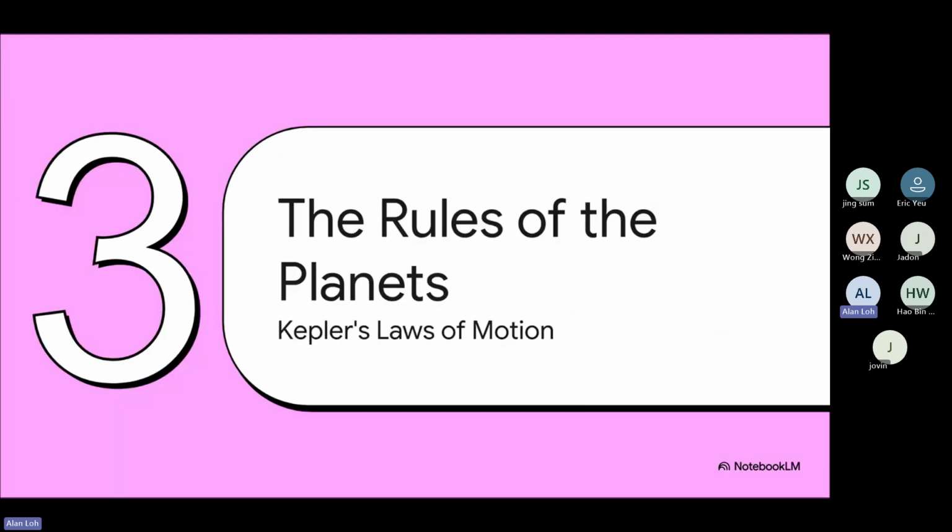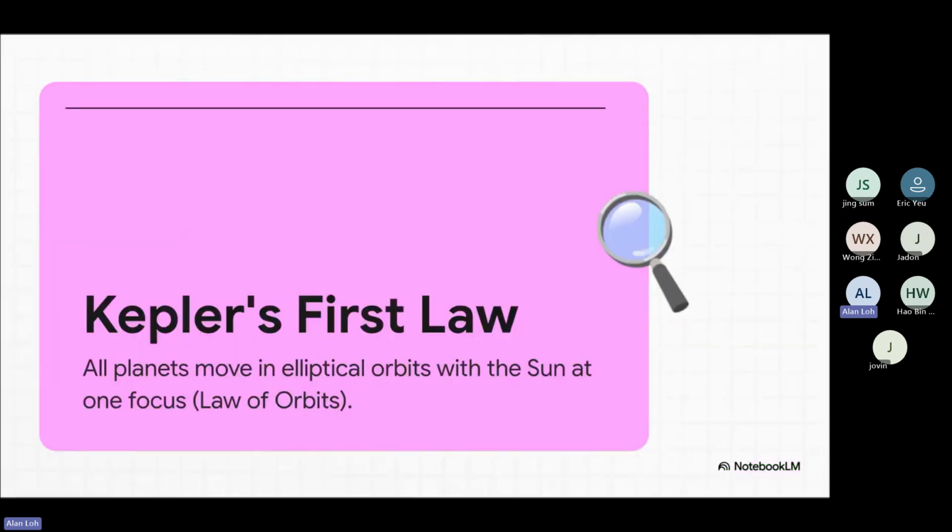Because you can see gravity acting like a sort of cosmic choreographer for the planets. Kepler's laws. And way before Newton came along, an astronomer named Johannes Kepler had already figured out the basic dance steps. So first, Kepler realized that planets don't travel in perfect circles. Their orbits are actually ellipses, squashed circles or ovals. And the sun isn't right in the middle. It's off to one side at what's called a focus point.